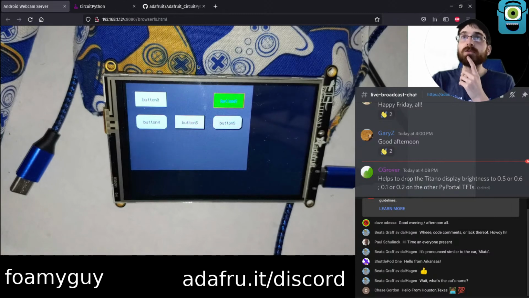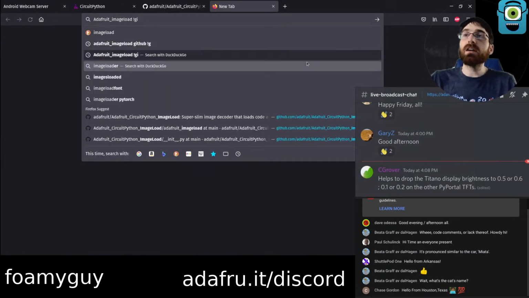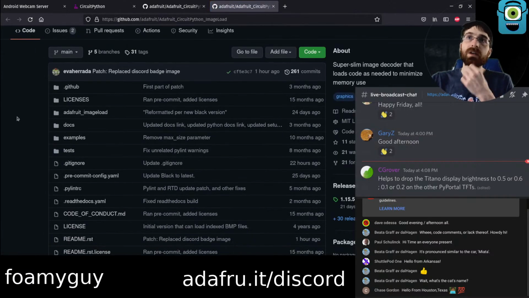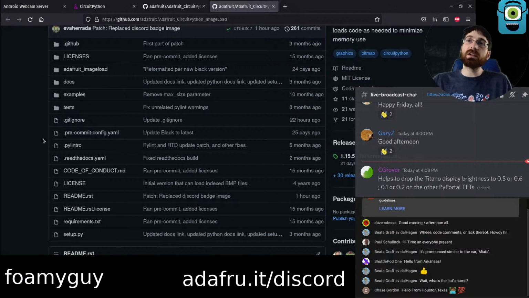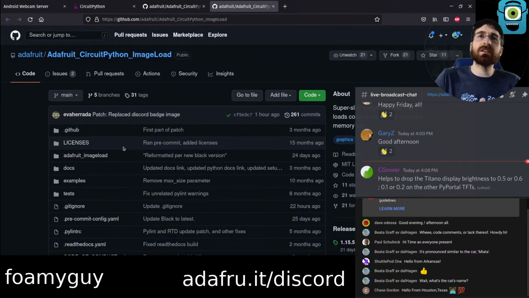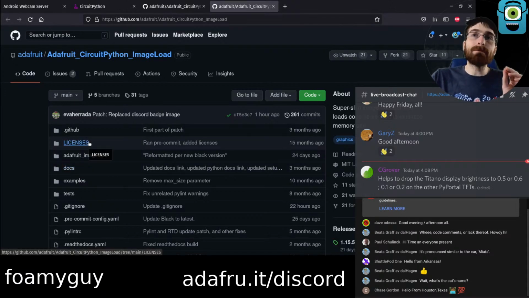Before I just jump straight into the class for that, though, I want to make a PR on the image load library, because part of the code that I'm going to use for this button sprite class is what I've called a tile grid inflator. And I haven't made a PR with that anywhere yet. So right now I'm the only one who really has the library, or possibly I pushed it into GitHub. I don't remember for sure if I even did push it into GitHub. So it's not really shared anywhere.